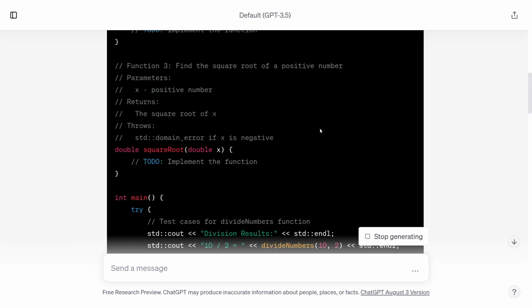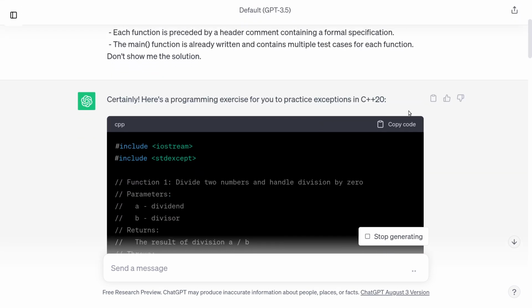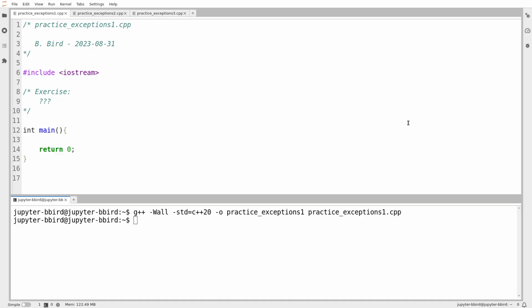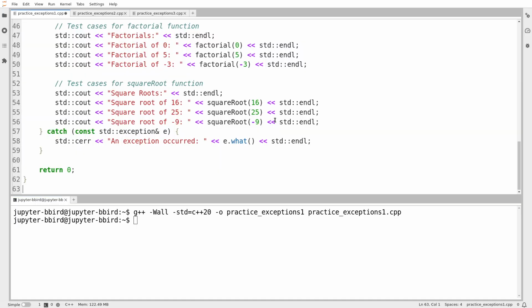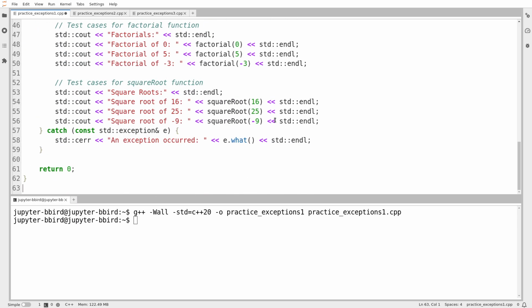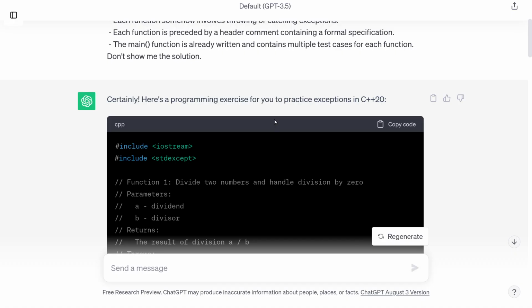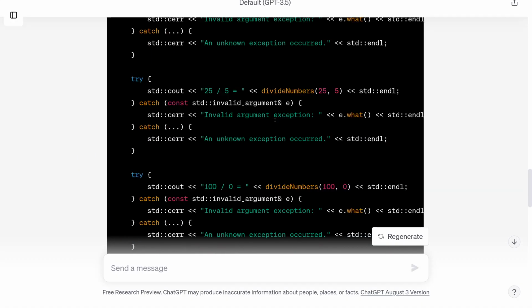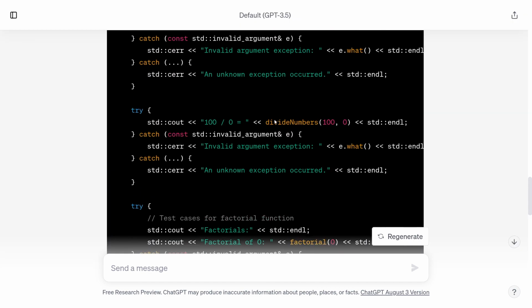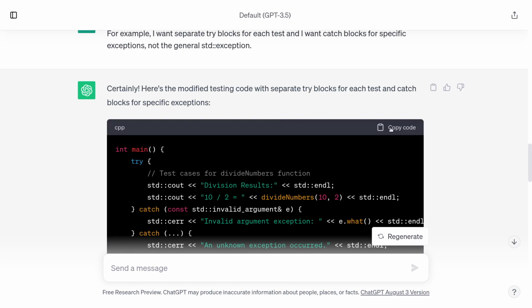So that would be this. And then I'm trying to think about what I want to do for exercise for function number 3. Okay, so we've got that. I'll save that. I'm going to go and now grab the new main that ChatGPT wrote, which broadly does look like what I want. It's pretty long, but it does look like what I want.